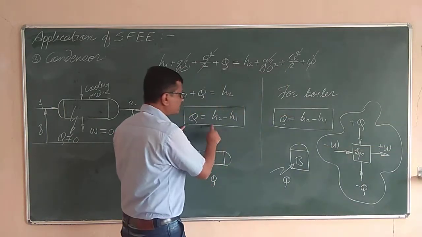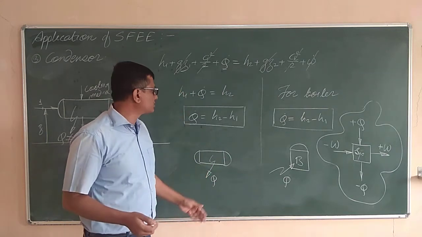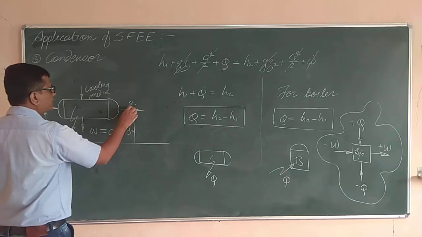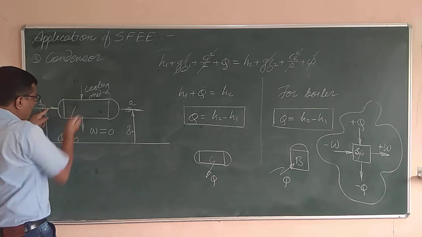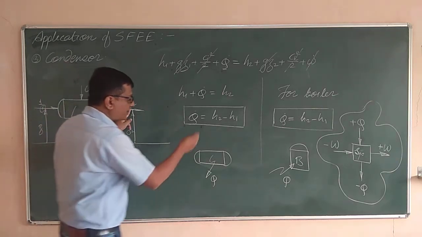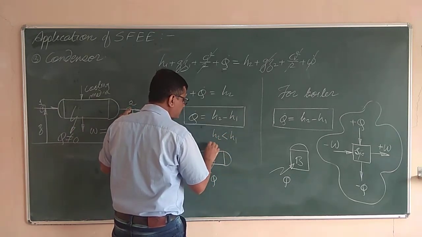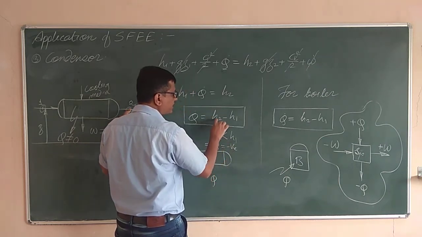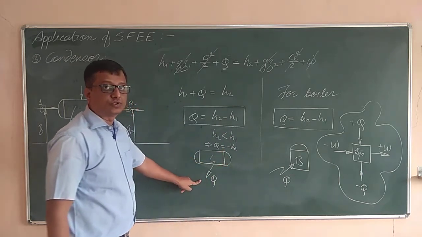And in these two equations, you need not worry if you simply follow the equations. Just take down H2 minus H1, the enthalpy at state 2 and the enthalpy at state 1. Heat is taken out from the steam, so the enthalpy of the working substance will be reduced. Obviously in this case, H2 will be less than H1, and hence Q will be negative, since heat is rejected by the system to the surroundings.